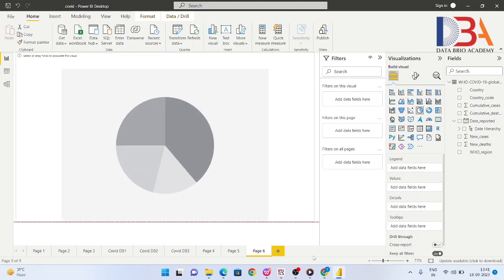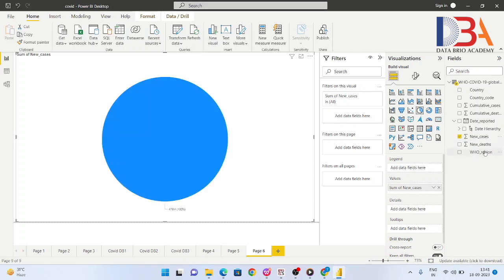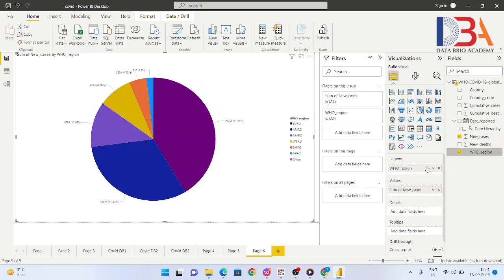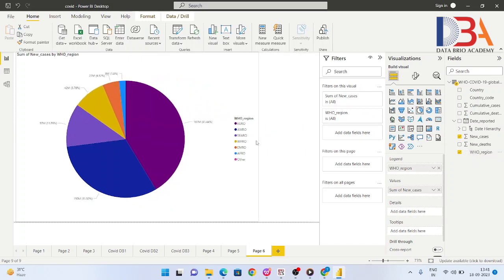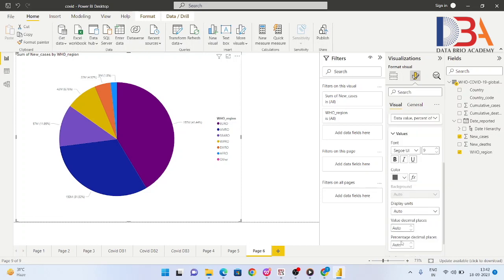We will take new cases over values and WHO region over legend, and we will go to format your visual and switch the data label on. Under data label we will go to values, and switch the percentage decimal places and make it 0.